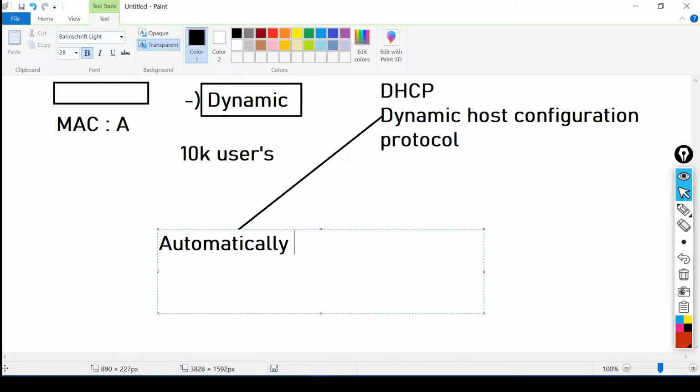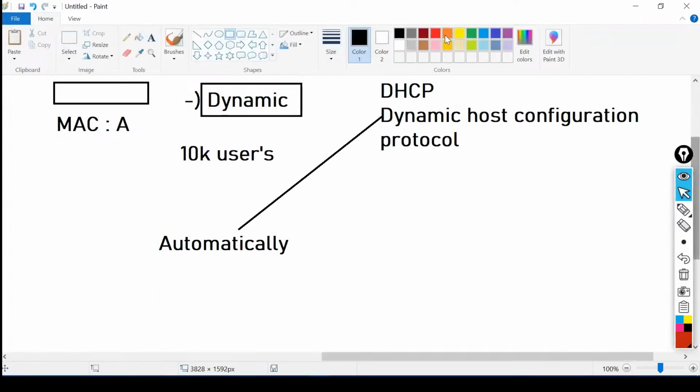I'm not going to define it manually, right? This is automatic. Host means what? I'm going to give this IP address to the particular host. It can be a PC, it can be a server, it can be a printer, it can be a router as well. And I'm going to configure this IP configuration via the protocol, right?